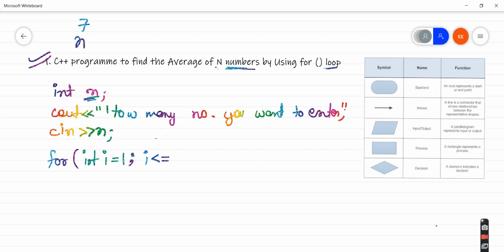I need to have a condition like that, so that if the user enters 5, then 5 times the user needs to be asked. Let's say the user has chosen to enter 5 numbers. Then I can go for i less than or equal to 5, right?